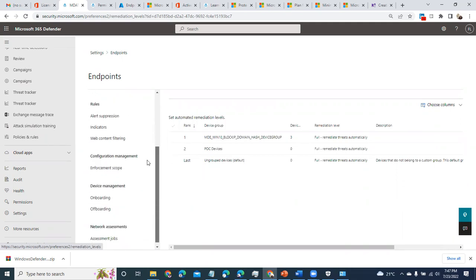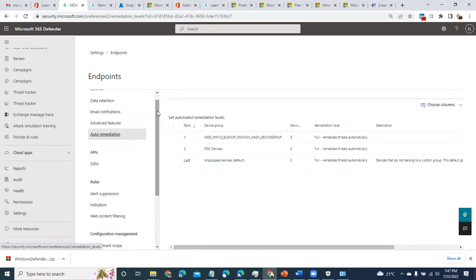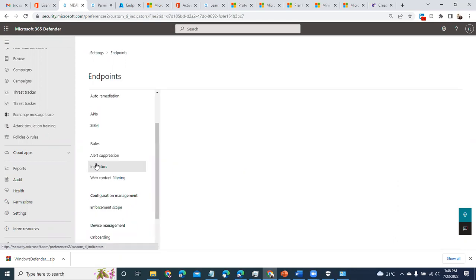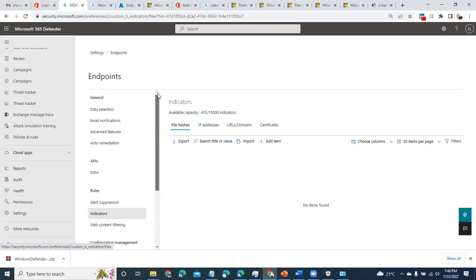So in our next class, we'll be looking at some of these functionalities. We'll look at devices, at tagging, and at role-based access control, how you segment roles, who's to do what. We'll look at the indicators, and then we'll take a case study and show you how you utilize your file hashes, IP addresses, URLs and domains on the indicators. We'll look at how all of this plays into securing the endpoint.